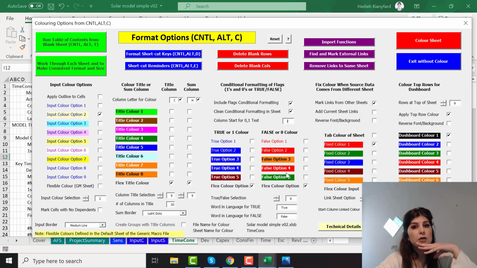And my calculation starts in column J. So it's perfect. And I wanted to also mark links that are coming from other sheets, and I wanted to color it in green. Perfect. The next one is the top row in the dashboard or in any other sheets. I will also choose the flex option. So now that I've got everything ready, the last thing I want to do is to